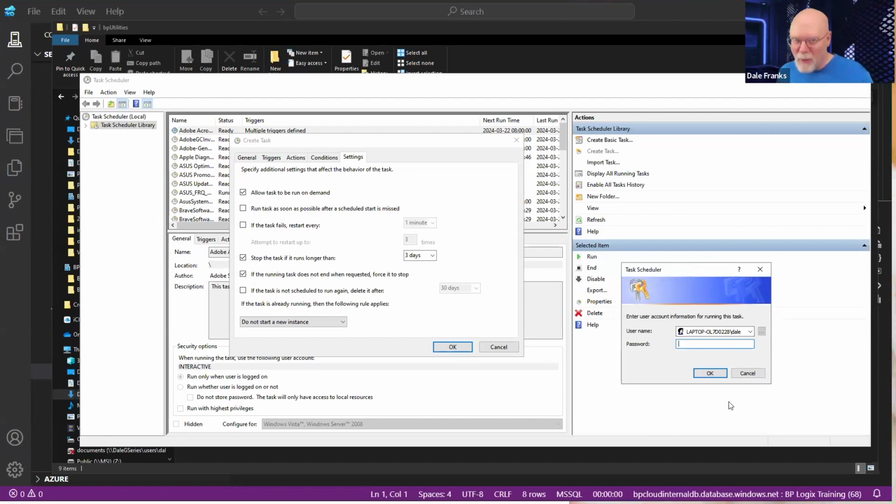You should know what your password is on your machine. I actually could find my password on this machine, but I'm not going to look for it because I don't want to inadvertently expose it to you. So I am not going to set this. It wasn't what I thought.